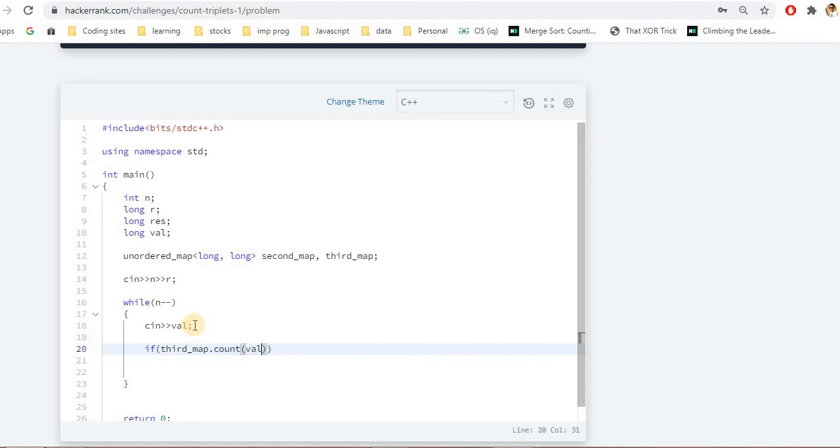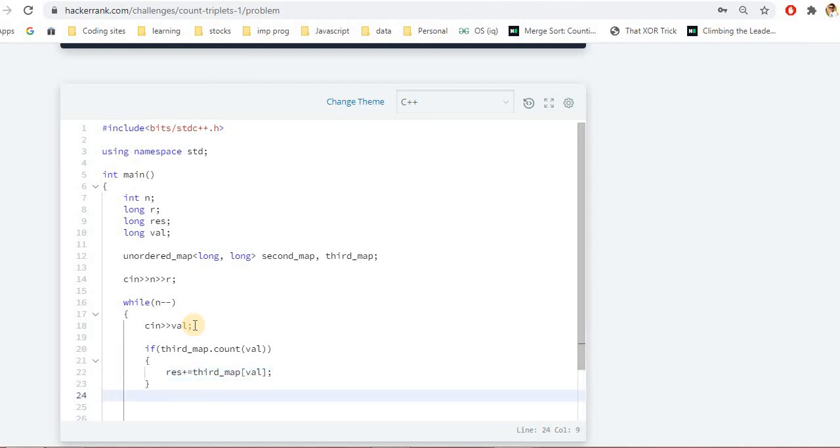So this whole statement tells if the value is present, and how many times. If the value is present, we increment our result by the value residing there, so this will be the third map and the value. I assume you got this statement.